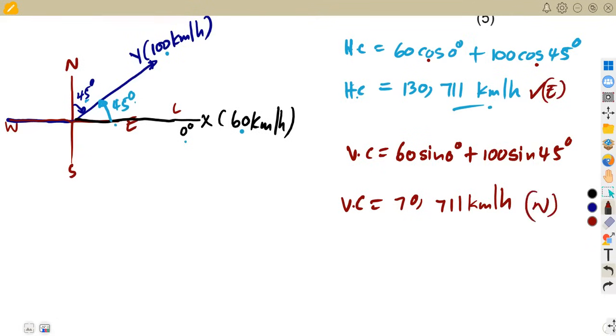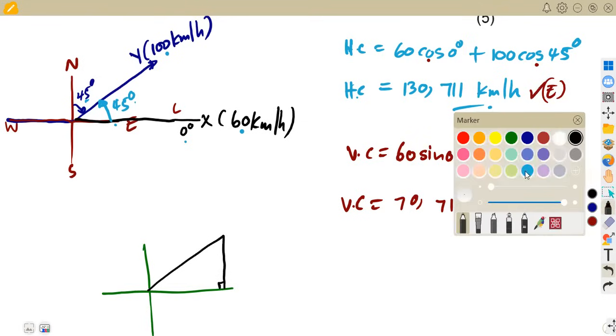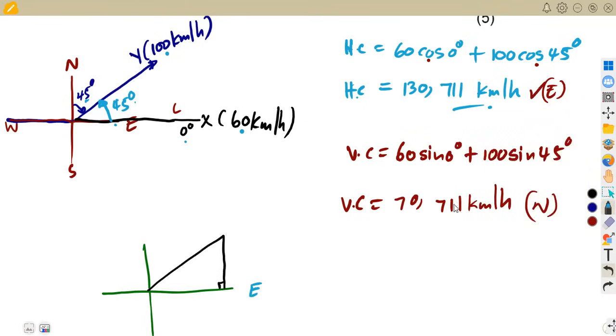So which quadrant are we going to have at the end? We are going to have this in the first quadrant. In the first quadrant, that's where we have north and east. So our triangle is going to be in the first quadrant, whereby our horizontal is positive, to the east, and this is to the north. So we are going to have horizontal this side